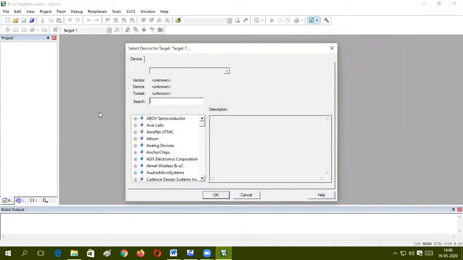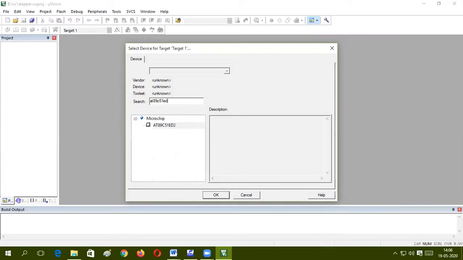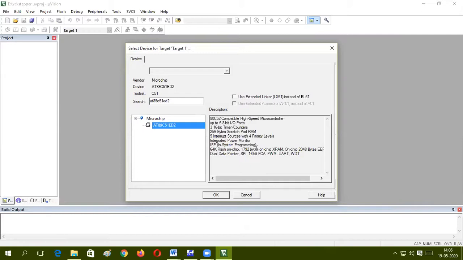And we need to add here the target device, which microcontroller you are using as a target. So we are using 8051, the AT89C51RC2. Select this and observe here the description about this microcontroller, whichever target device you have selected. And you need to go through this: how many data lines, IO pins and all are there. Okay, then say OK.